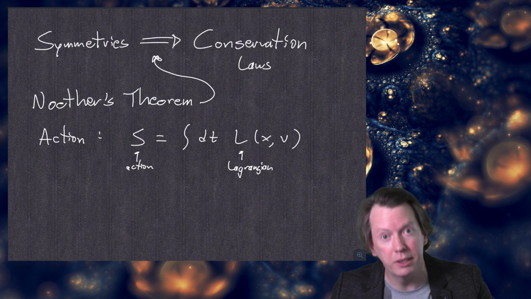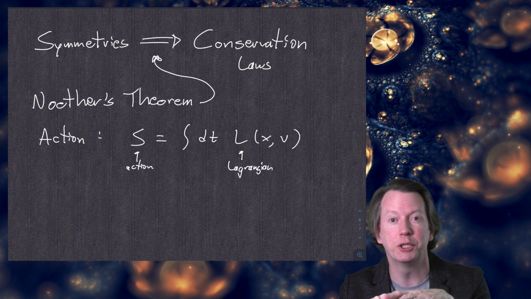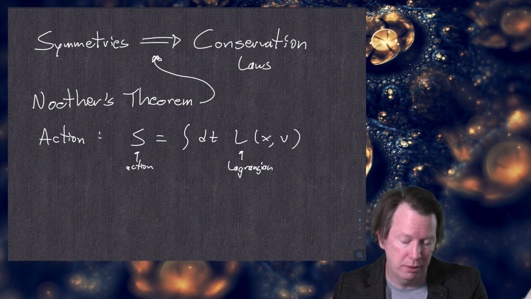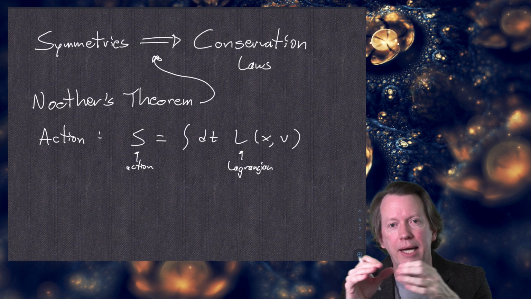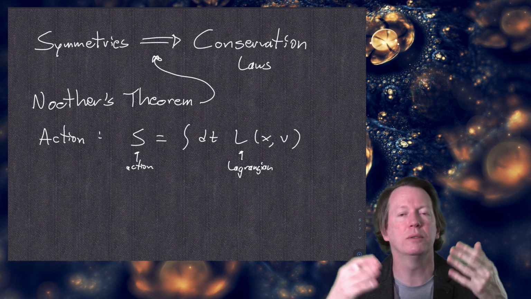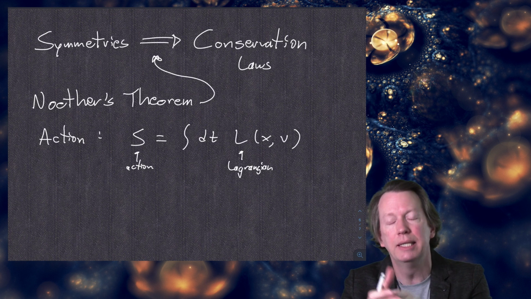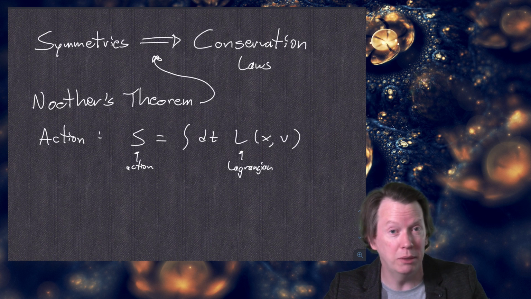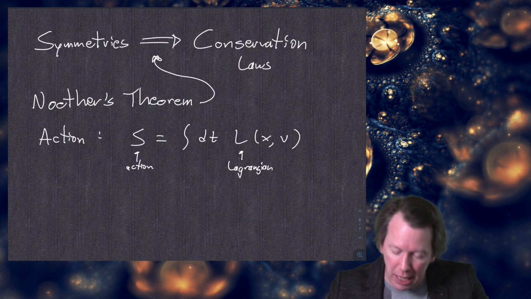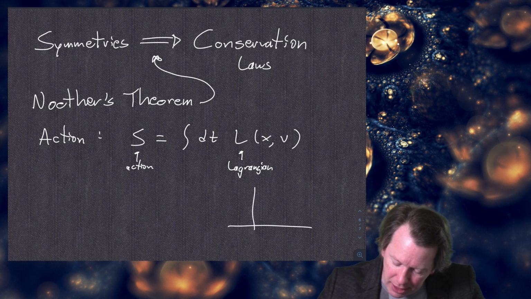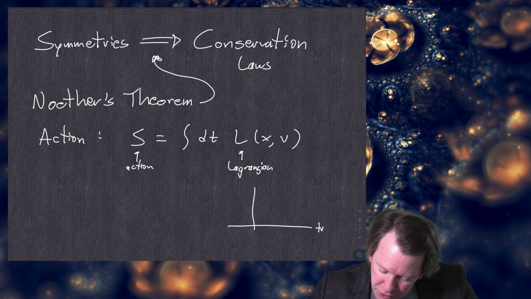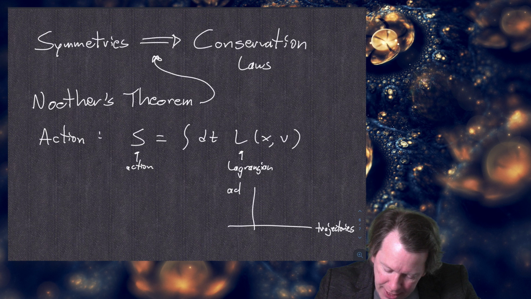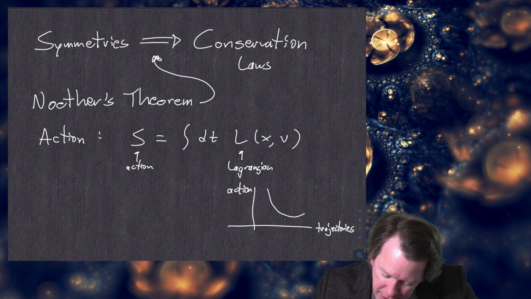In field theory, we would also write the Lagrangian as an integral over space of the Lagrange density. Okay, we can do that. And the point is that if you considered all the possible paths the particle or the fields could take, what you would find is the actual physical path that obeys the equations of motion minimizes, or at least extremizes, the action. Okay, so it's kind of like, not exactly like, but kind of like if you considered all the trajectories of your system and you plotted the action, it turns out that the action would be a minimum at the actual physical